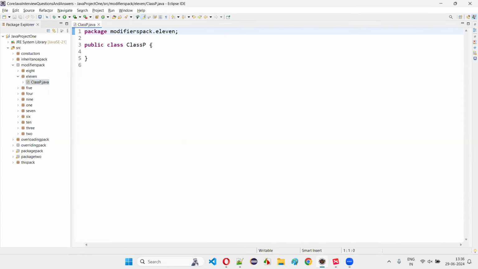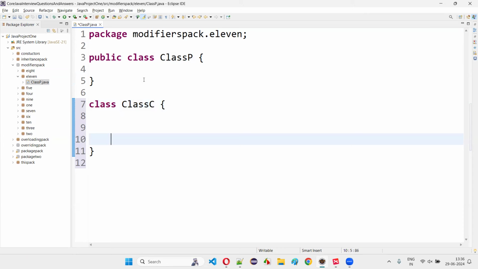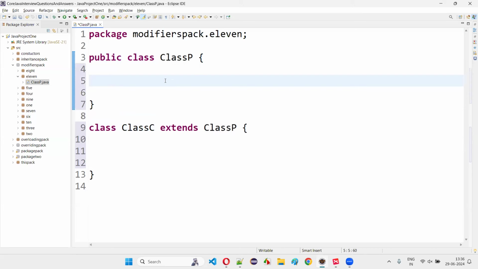Here itself, I'm going to create one more class, that is class C. I'm going to make class C a child class of class P. How? Extends class P. This extends keyword, as part of inheritance, will make class C a child or subclass of the parent class, the superclass class P. Once the extends keyword is done, whatever methods you create, for example in class P, if I create a method like public void